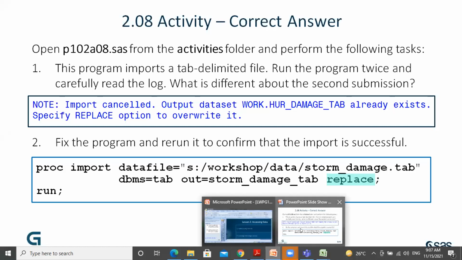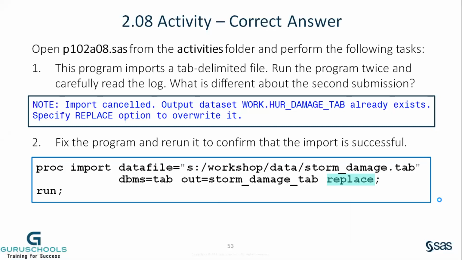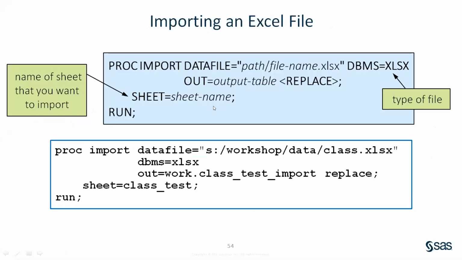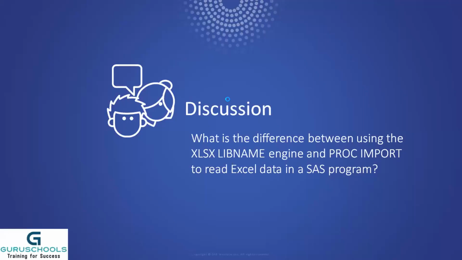So this was all about your proc import and how one can use a replace option, and what the guessing rows statement is, and what the sheet statement is. This was the sheet equal to statement. It's a statement starting with the identifying keyword and ending with a semicolon. So I think we have already done this.